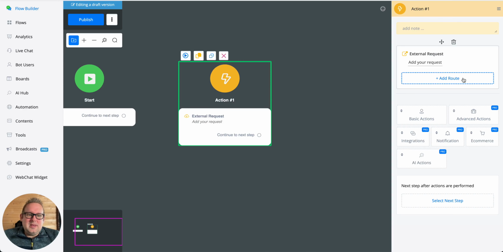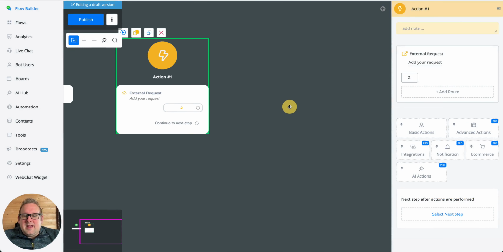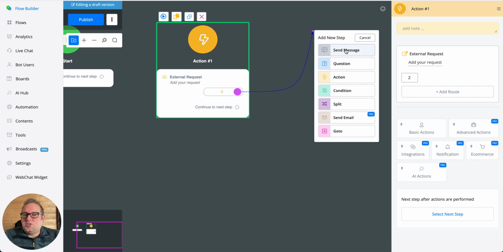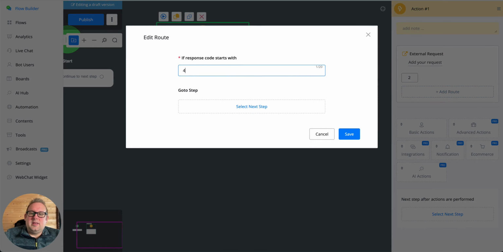So with this, if we go with a route, and let's say if the response code starts with a 2, for example, then every response code that comes with a 2 basically means that it's a 200, 201 response that is a successful API request. That means that the flow can continue as you intended to. So you can go towards a send message node, you can go towards a go to block, condition step, however you like to. If we have another route, for example, a code that starts with a 4, that means that